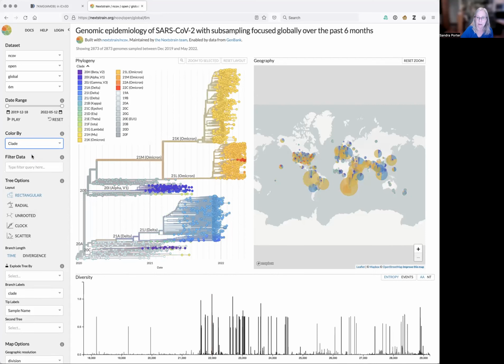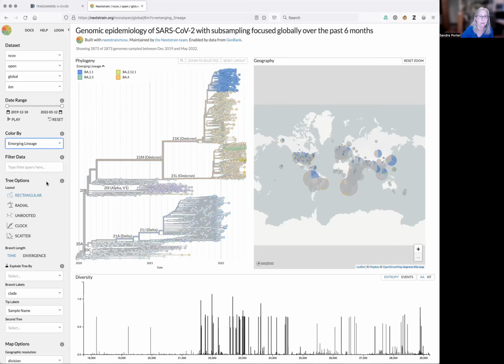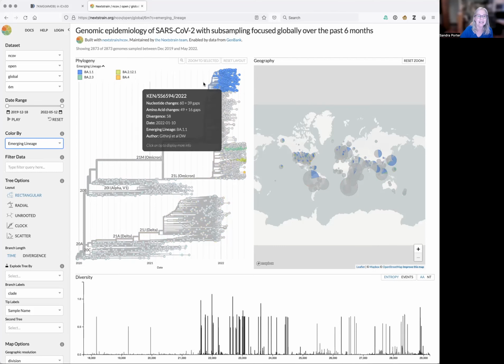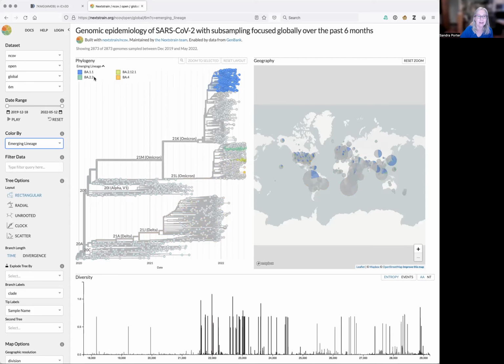Show all the clades. And I think it's kind of nice, actually, when you look at these, to filter out, and we're just going to look at the emerging lineages. So some of the things that are new. So I'm clicking emerging lineages. And you can see here we've got BA.1.1, BA.2.3, BA.2.12.1, and BA.4. And I can see the colors here in the key correspond to the different points in the